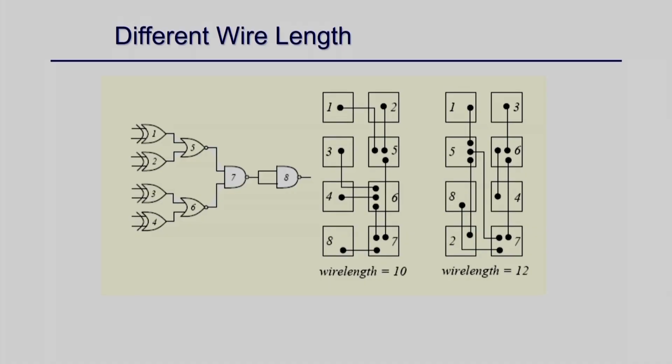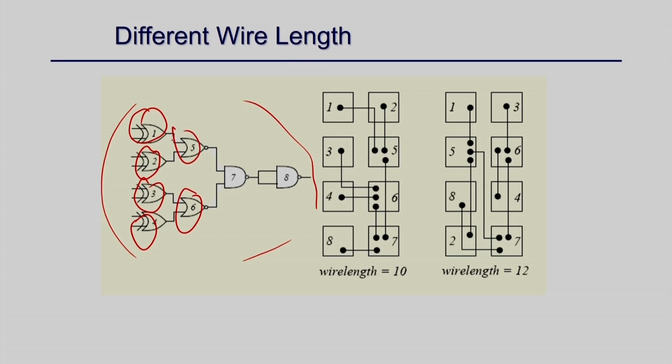So let me give an example here. Suppose this is your circuit, and suppose each component is a block, just for simplicity. Say floor planning decides this particular size, and if you place them like this, the total wire length is like this, right. If you have to make a connection from 1 to 5, you cannot make it diagonally, because it has to go vertically and then horizontally. So if you count the length, 1, 2, 3, 4 and 5, 6, 7, 8, 9, 10, the total wire length is 10.